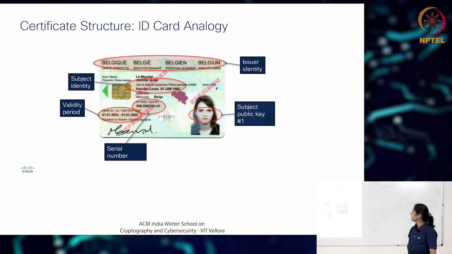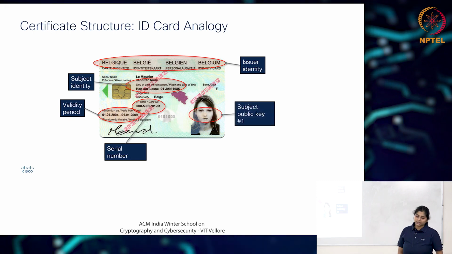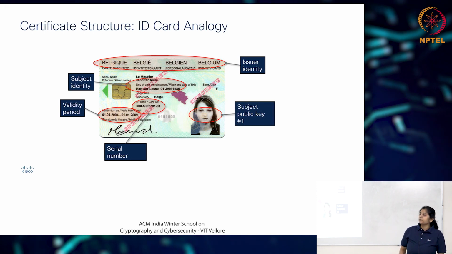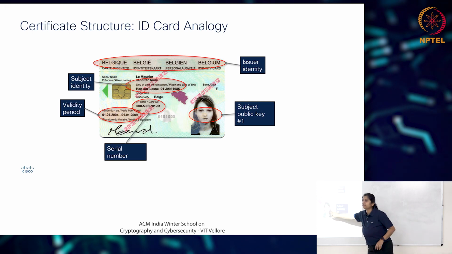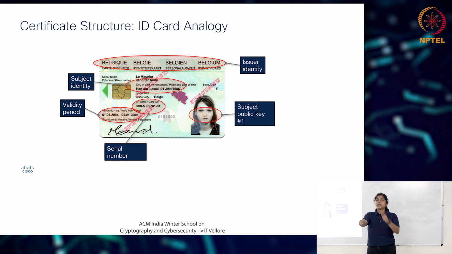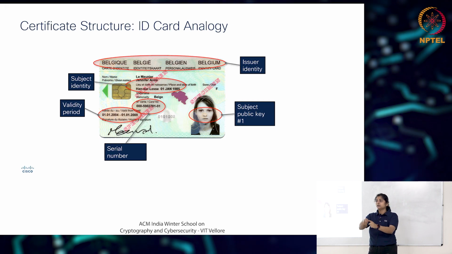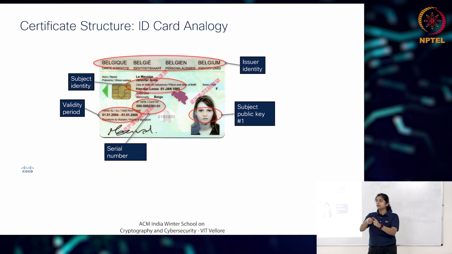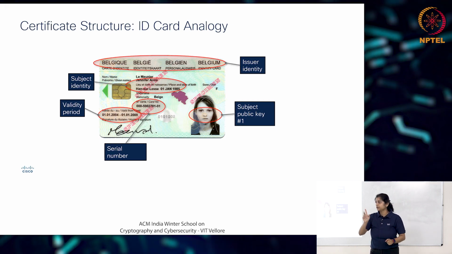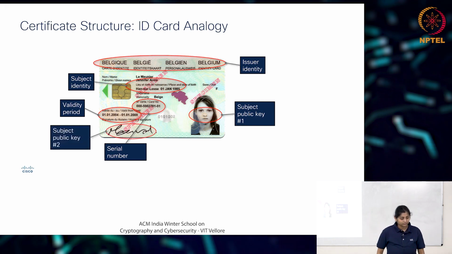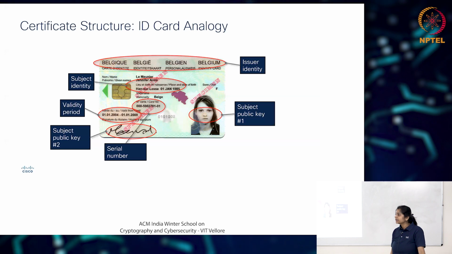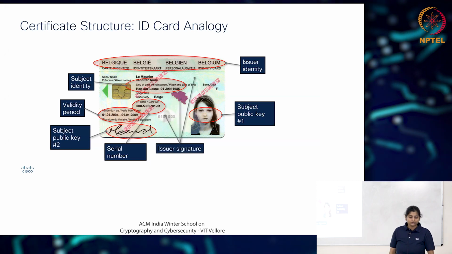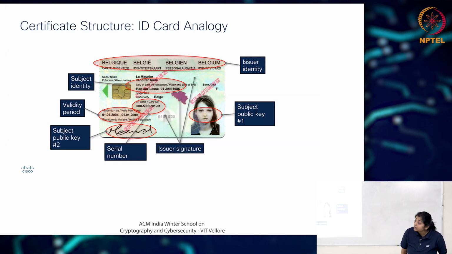We have the public key one, where there is a stamp, your identity. This is something that you can share with everyone. So when you show the identity, they'll see the photo, matching or not. That is something, right? They're trying to verify you. It can be your signature as well. Banks ask your signature, they verify the signatures. And this is the issuer signature.